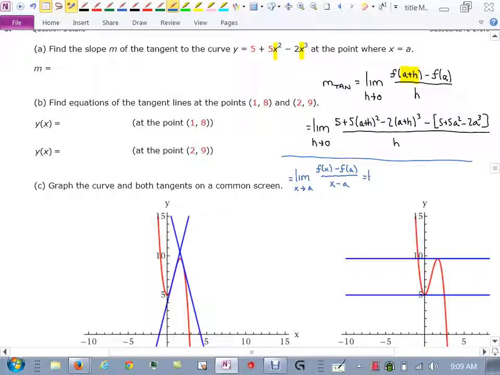In this case, we would have limit as x approaches a. Now f of x is just what we have up there with x's in it. Then subtract from that f of a, which is everything we have, replacing the x's with a's instead, and then all over x minus a. Now, the advantage to this one is that I don't have to do any of these expansions. The bad news is that the factoring of this might be tough. So we kind of have to make